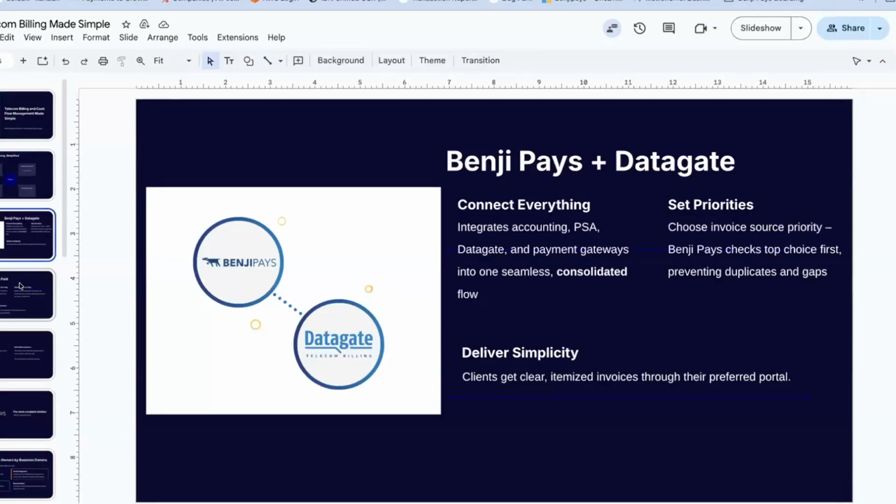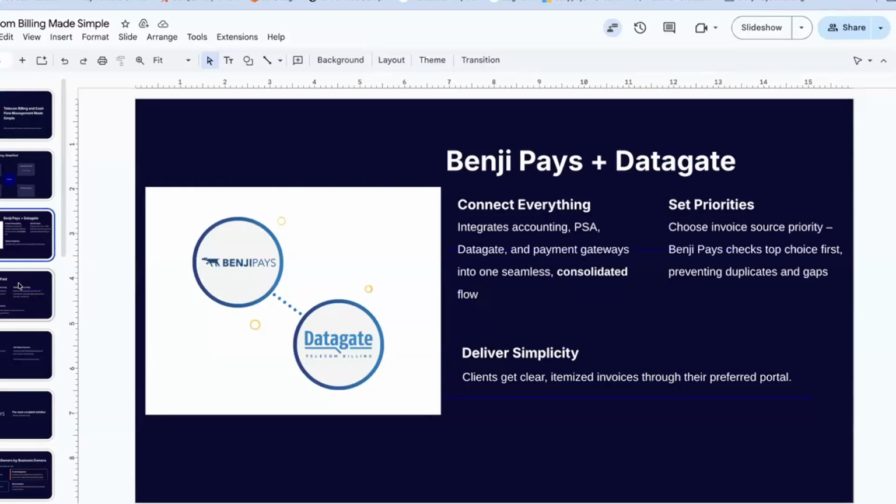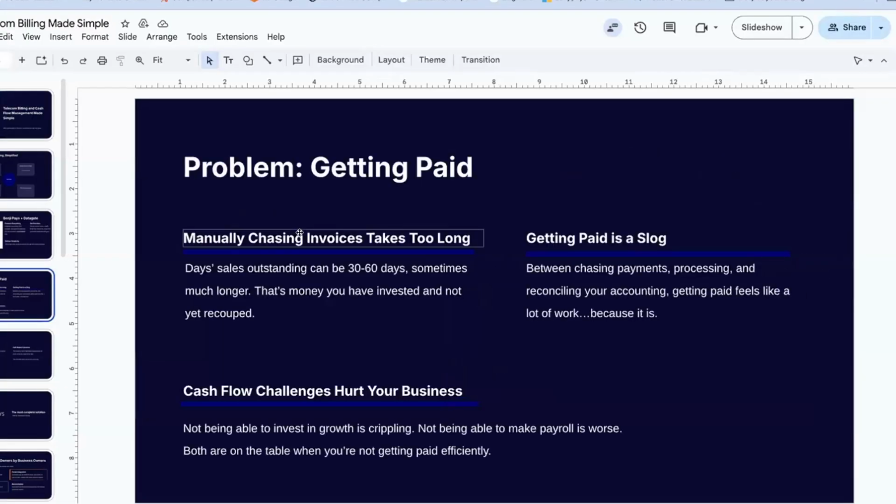We all have these problems. So we set out to build Benji Pays to solve the same problems that you guys have. Not because we're bankers, not because we want to find a way to take a percentage of payments. We happen to be in fintech, but we really get out of bed every day to solve problems and help make your life better when it comes to managing your business through technology. Same kind of thing you guys are doing, I'm sure.